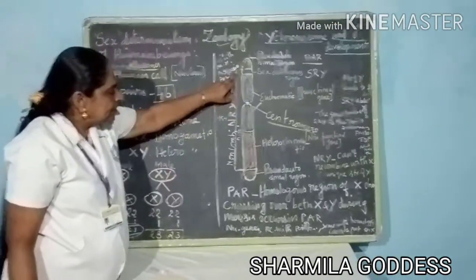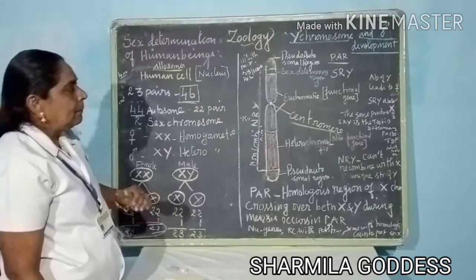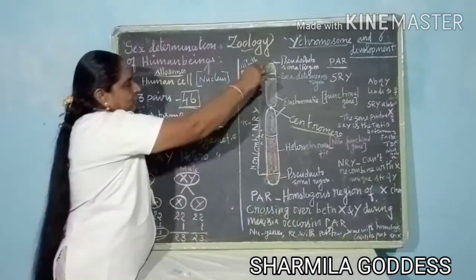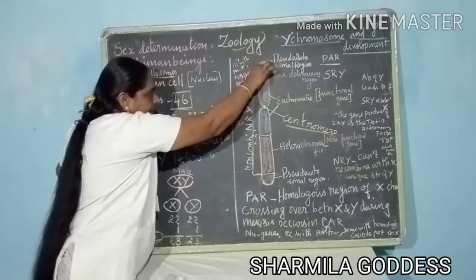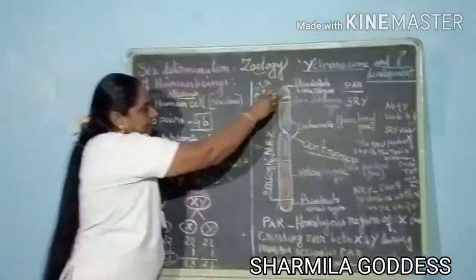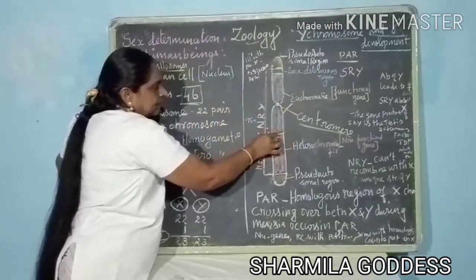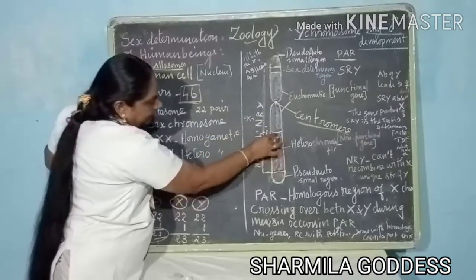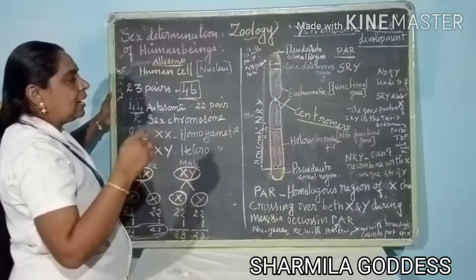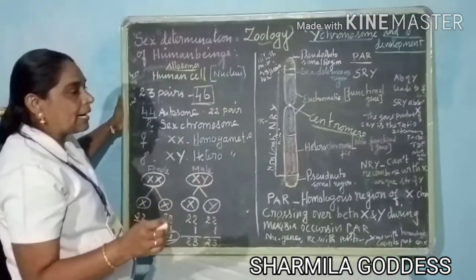Now, this NRY region is of two parts. One is the functional gene, another one is the non-functional region. You see here, from this region to this region has two parts. One is up to this green region. From here to here is called the functional gene. This region is called the non-functional region. The functional gene is otherwise called a euchromatic region.